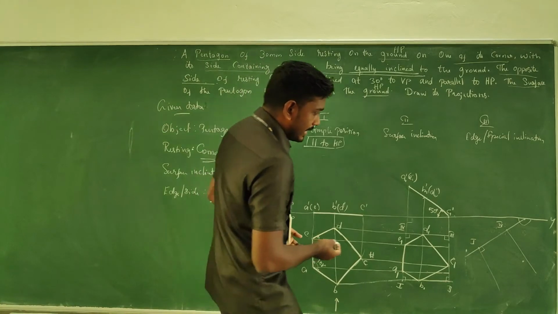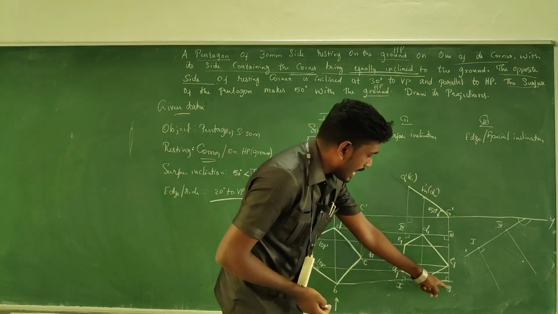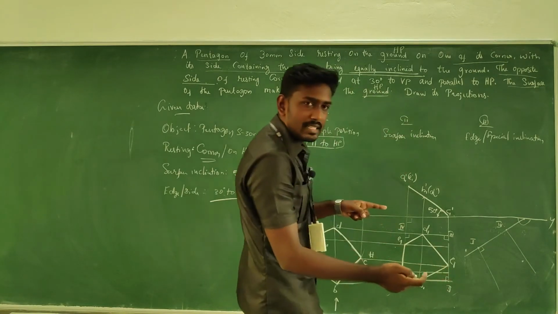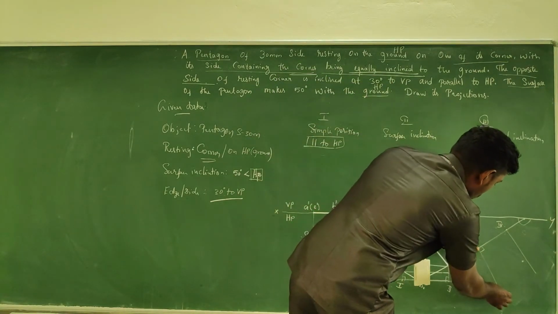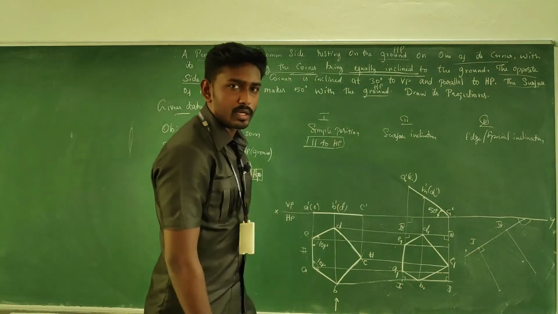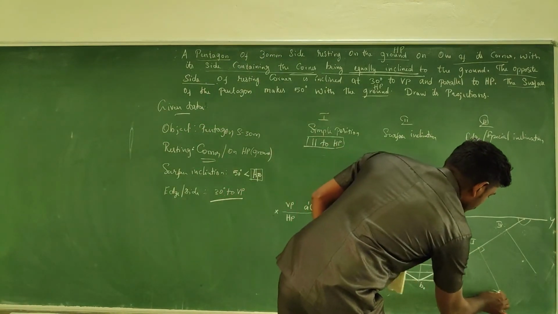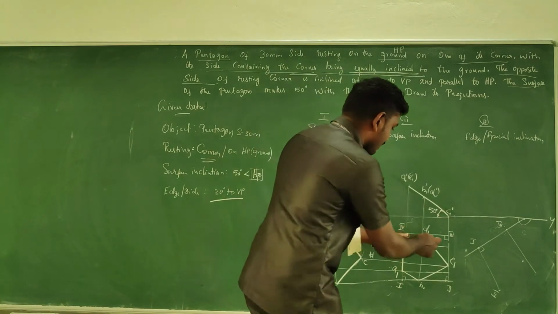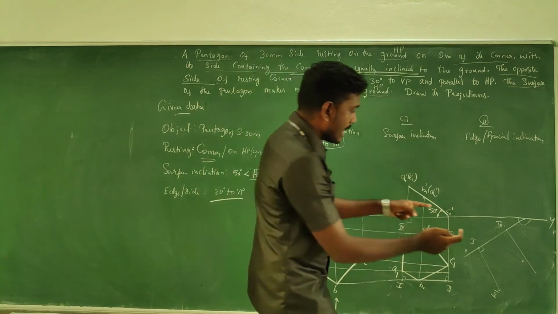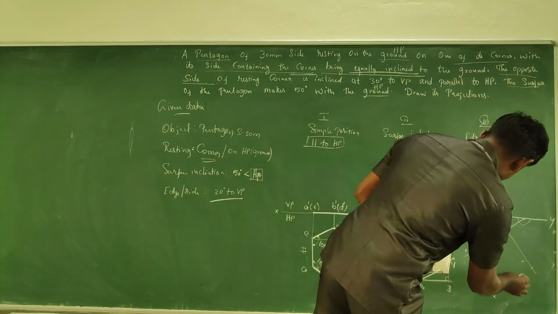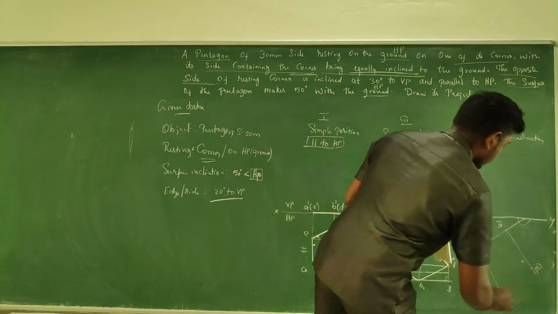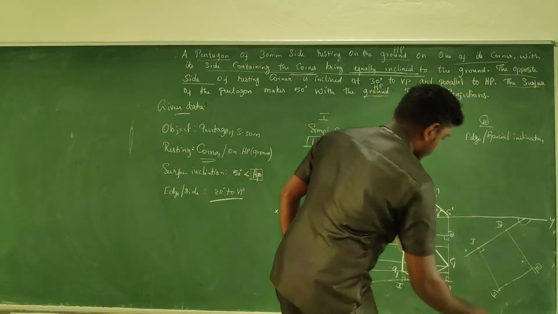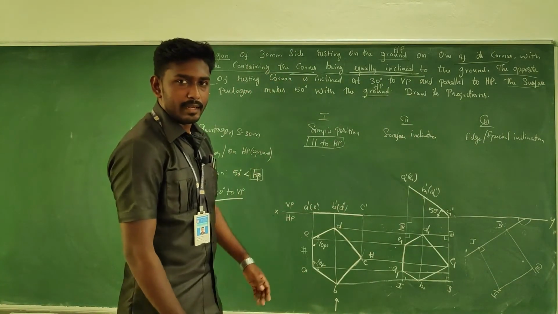Okay, and next, in order to identify the second point, I am going to measure 1 to 2. What is the distance? By keeping the compass at 1, I am going to take the point. So this is 2. Now to pick the third point, I am going to measure from 4 to 3. What is the measurement? Keeping at 4, I am going to mark 3. So now I have the boundary for my pentagon.